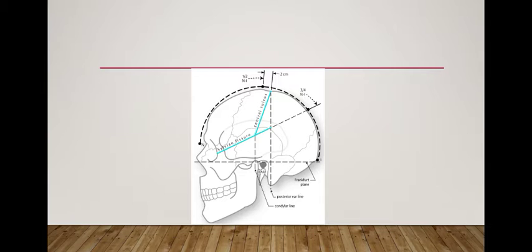So this picture has been taken from Greenberg's 9th edition. It shows various methods to localize the motor strip and the central sulcus with the help of the Taylor-Hole lines. In this picture we have drawn a line from nasion to the inion. So this is the nasoinial line. One of the methods is that if you go from the external auditory meatus straight up, that's where your motor strip actually lies. Another method is to mark the midpoint of the nasoinial line, and you can go 2 cm behind,